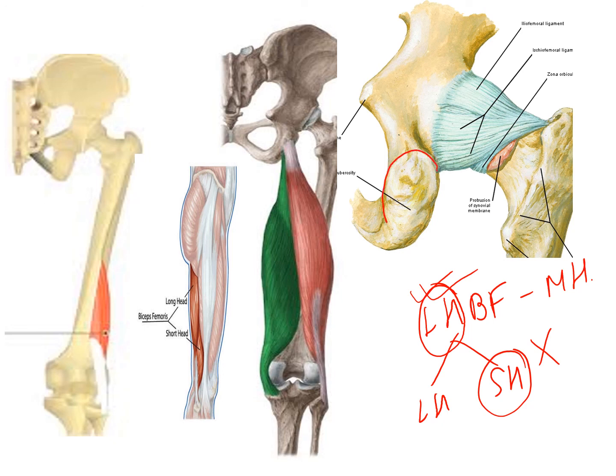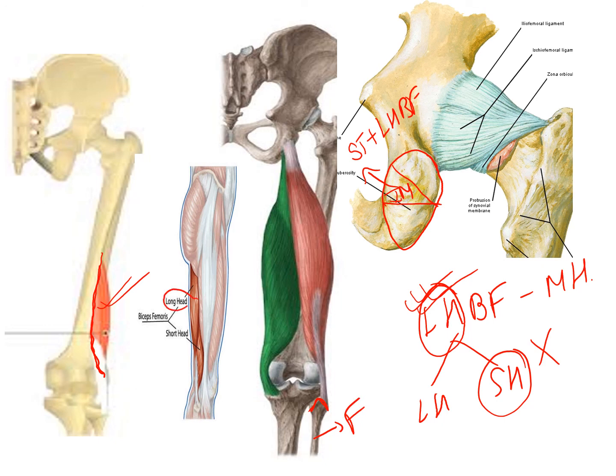So you already know by now, the long head along with its friend semitendinosus arises from the inferomedial aspect of the ischial tuberosity. So that is the origin of the long head of biceps femoris. Now let us see the short head, where does it arise from? It takes its origin from the lateral lip of the linea aspera, lateral supracondylar line. It joins with the long head of biceps femoris and is attached to the styloid process of the fibula.